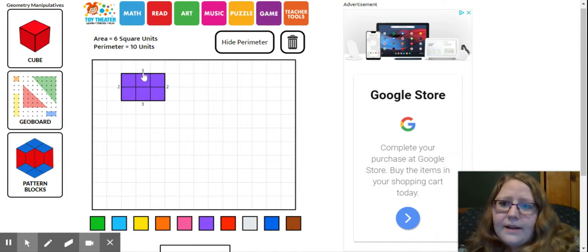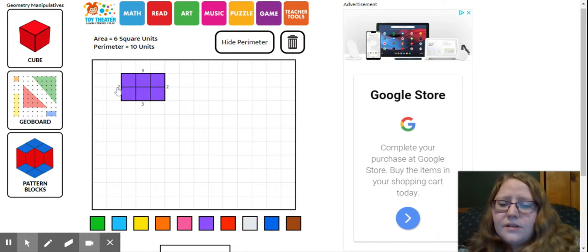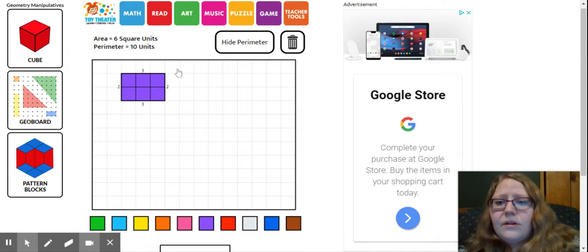So you could have added that because you are great at adding. So you could have added that to know that 3 plus 2 plus 3 plus 2 is 10, perimeter of 10 units. I want to see that thinking when you show me your work. So you could either take a picture of it or not. It doesn't matter if there's a picture or not. But you do need to tell me that you did